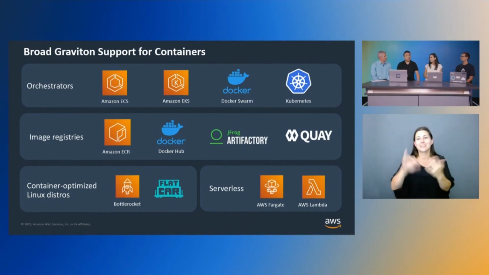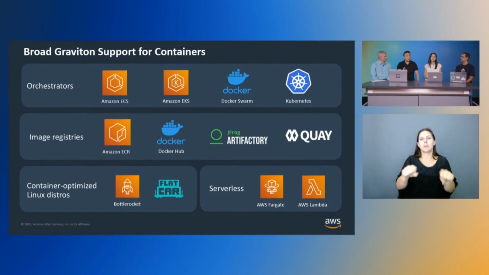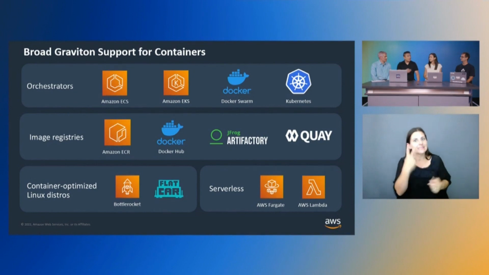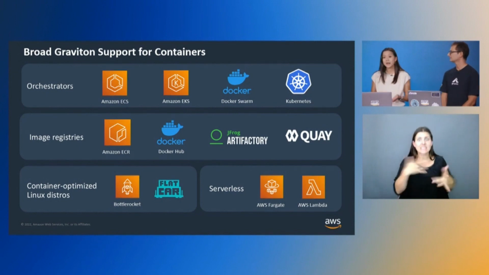Yeah, speaking of managed offerings, Dave Brown this morning mentioned the Graviton Fast Start program, which is an evergreen program to make it easy for customers to adopt Graviton through managed services as well as Amazon EC2. Mm-hmm. Whereas last year in the Graviton Challenge, we challenged customers to adopt Graviton in as little as 4 days and get that 40% better price performance, with managed services we're seeing customers adopt Graviton and get the 40% better price performance in as little as 4 hours. It's just incredible how fast you can migrate and adopt Graviton with managed services. Yeah, I'm super excited about the Fast Start program because of the expansion to managed services.